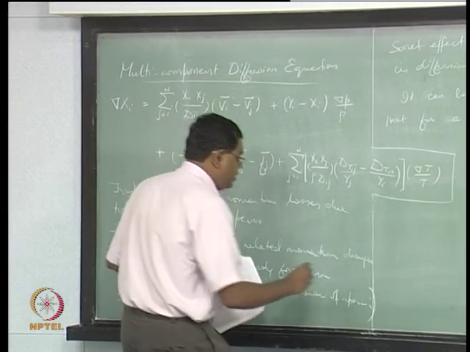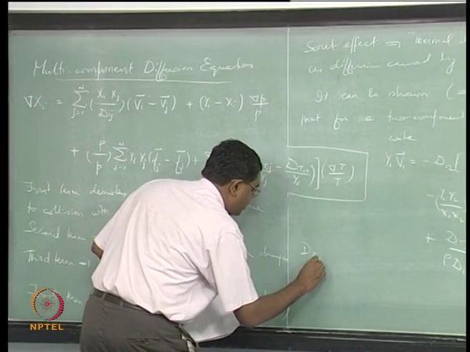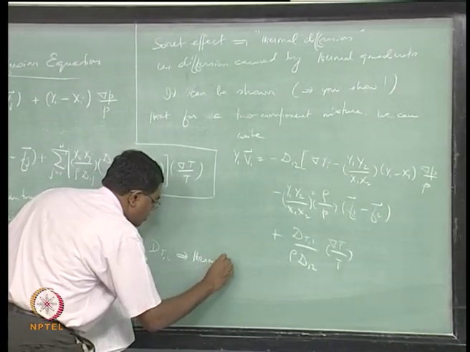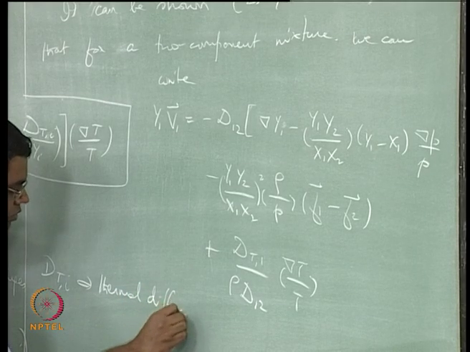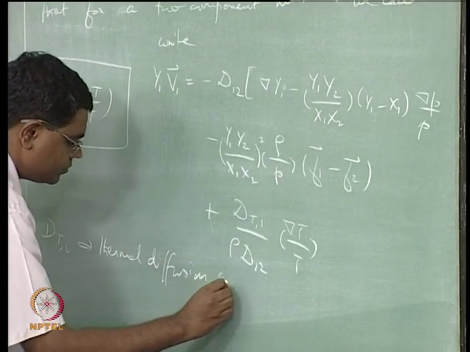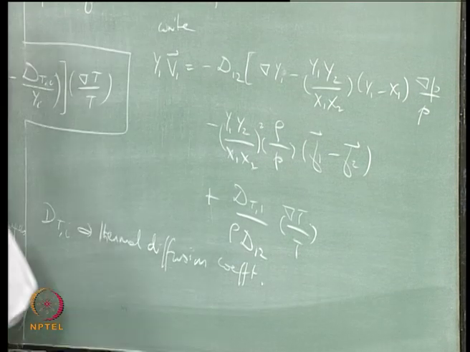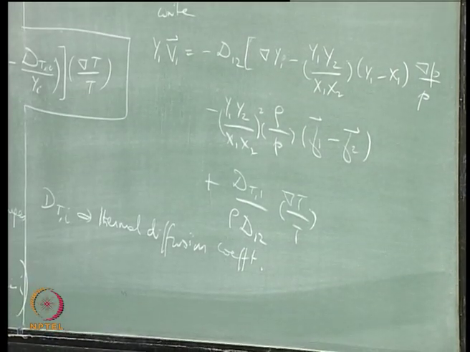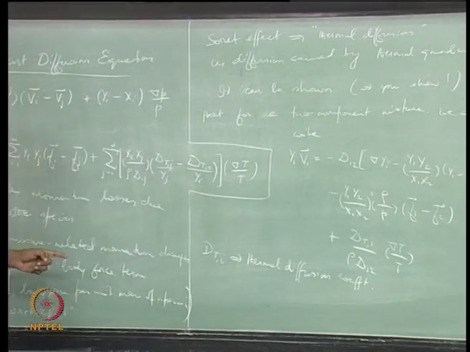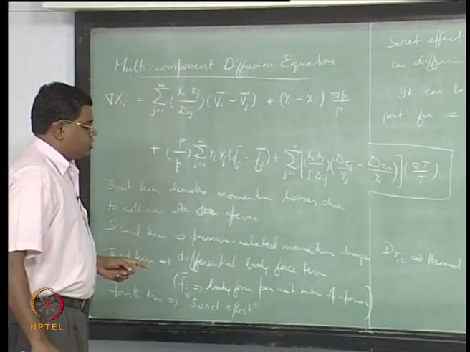Okay, so DT,i refers to a thermal diffusion coefficient that just shows up here or here. Okay, now typically